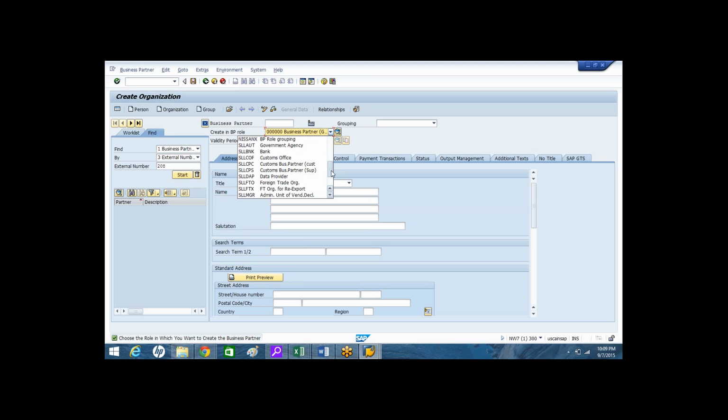Again, the SLL roles. SLLAUT: that means you are creating a business partner for a government agency. I will explain what a government agency is and who the data provider is when we come to SPL screening. So when you are creating the business partner as an organization, the system will give you the roles,